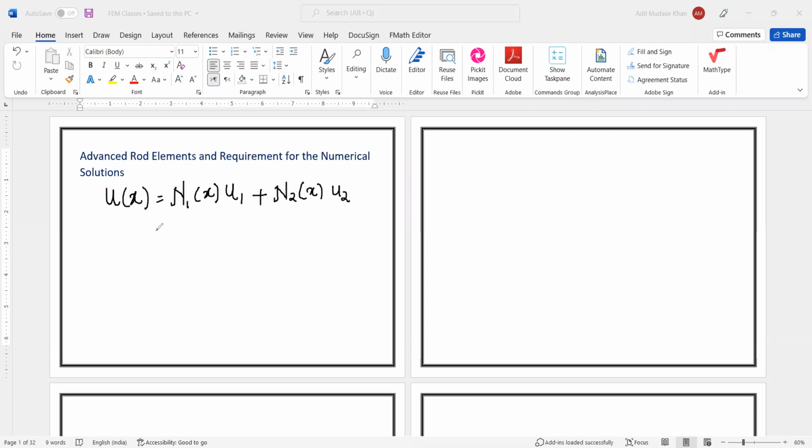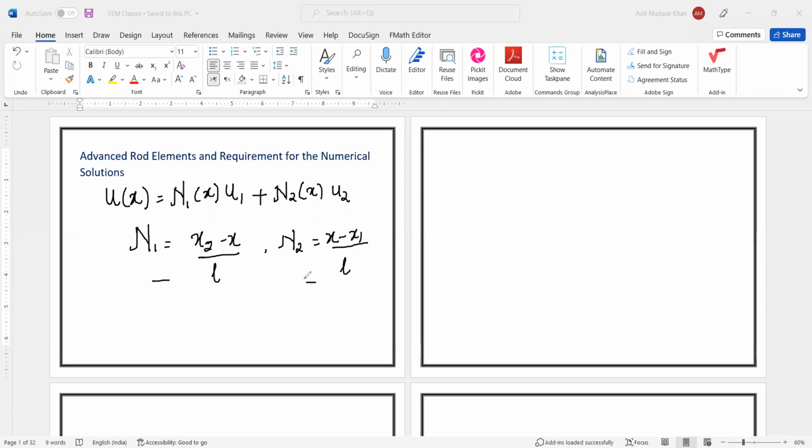Now, in case of these N1 and N2, we know N1 is equal to x2 minus x divided by L, the length of the element, and N2 is equal to x minus x1 divided by the length of the element, right? Now, as far as these shape functions N1 and N2 are concerned, we can obtain these